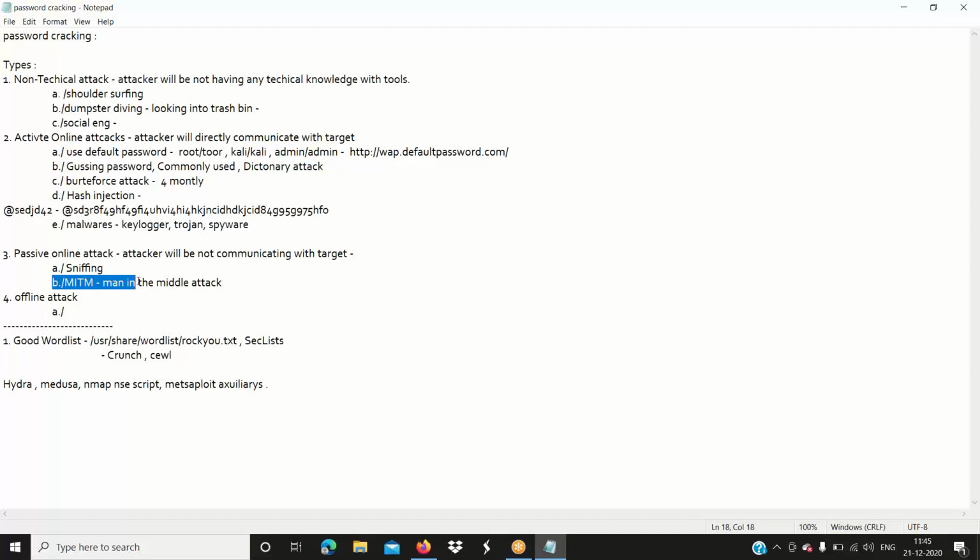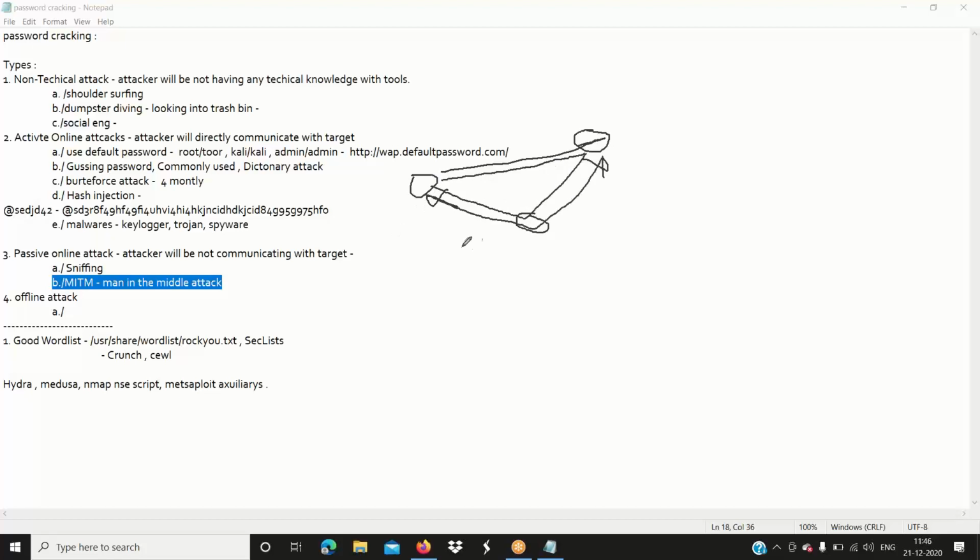And we have the man in the middle attack, where two persons, X and Y, are communicating. The attacker sits in the middle, diverts all the traffic from the X system to the attacker system, and sends it on to the Y system.